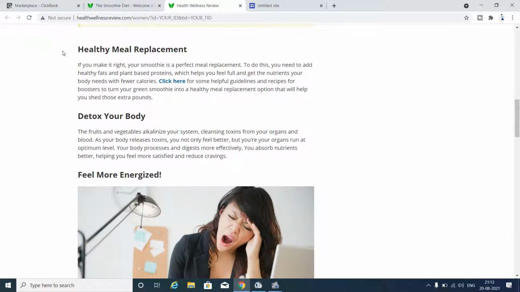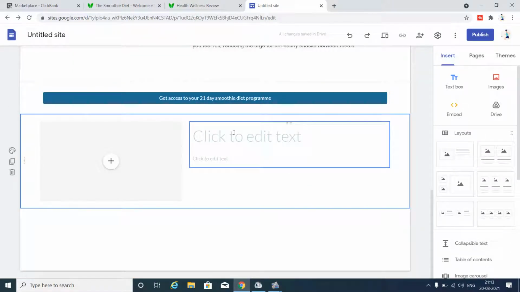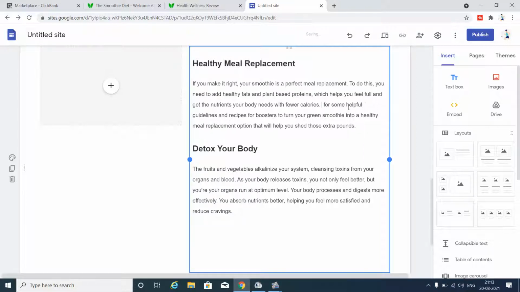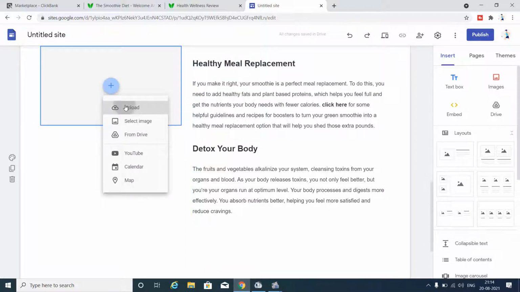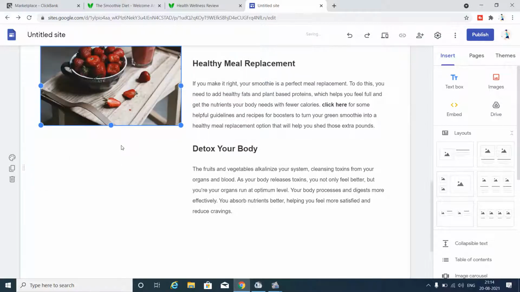Here, we can just copy it all, Control C, and again go back to our Google Site and Control V. No, we don't need this. Here, yeah. Now we'll add another picture, upload. Just upload this one. Yeah, that looks good.